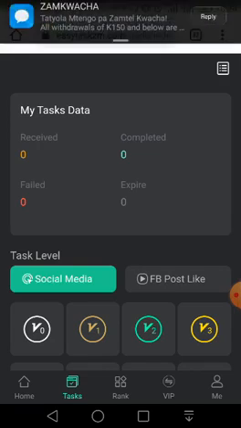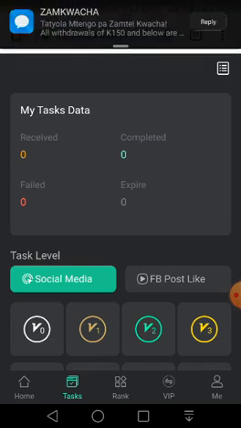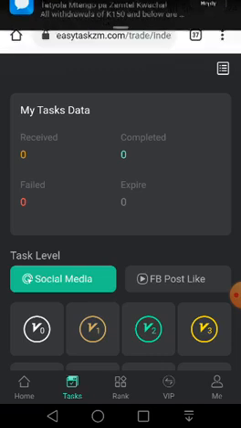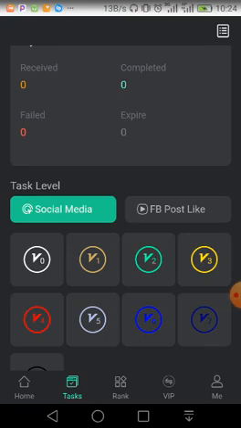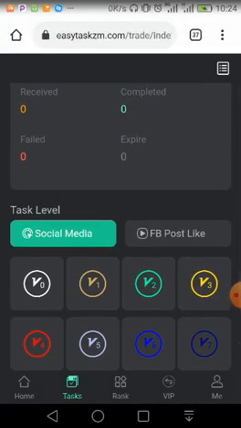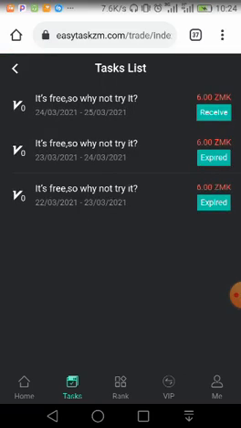Since you're already a registered member but you're not upgraded, you're on V0, so you just press on this white circle, V0. There's V0, V1, V2, V3, and so forth. So you press on V0. Bam.